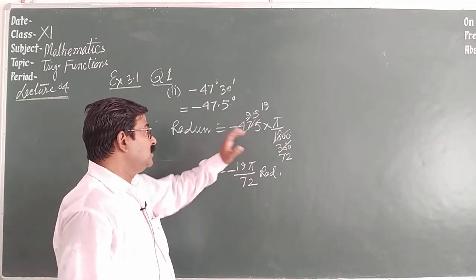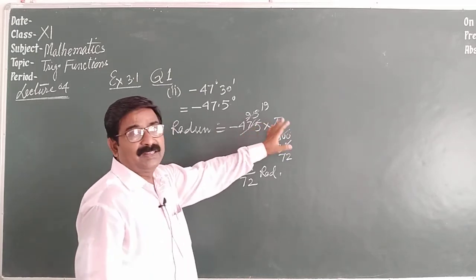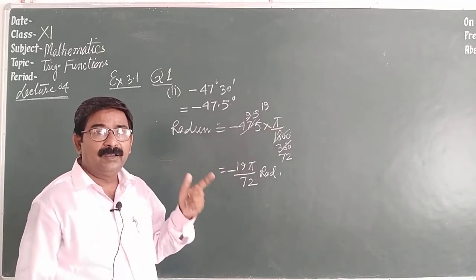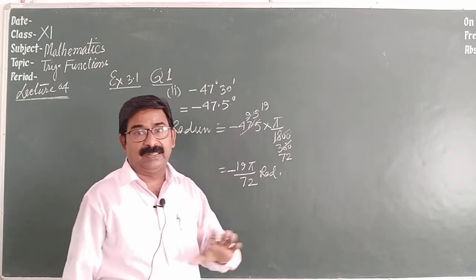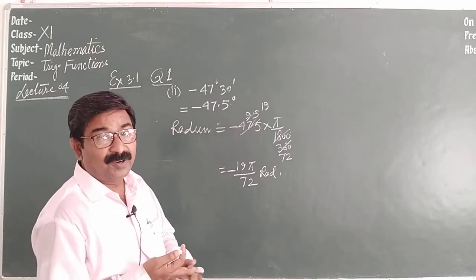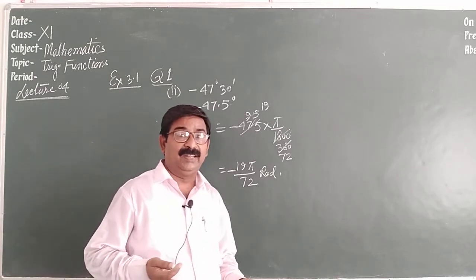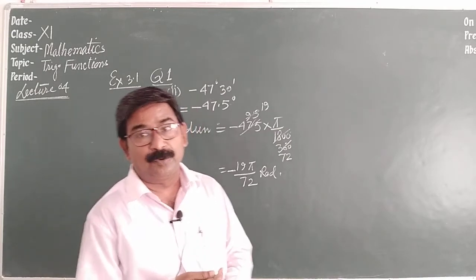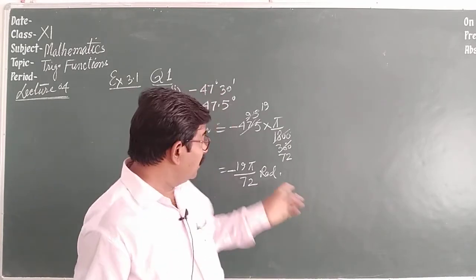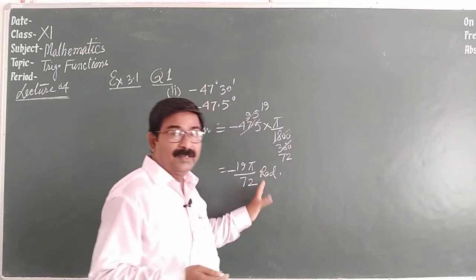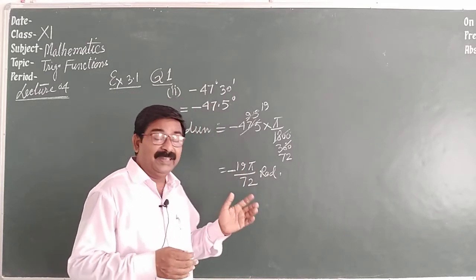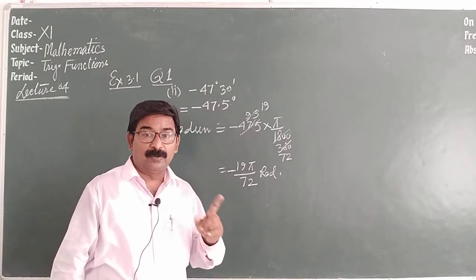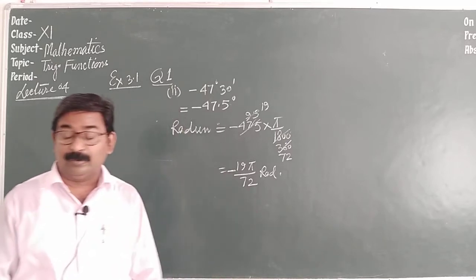How to convert? Simply, you can write the answer in terms of pi. In case of radian, we can write the answer in terms of pi. But when we convert radian into degree, in that case you have to put the value of pi. Here we can write the answer of radian in terms of pi, but the angle in degree cannot be written in terms of pi. So there we will write the values.